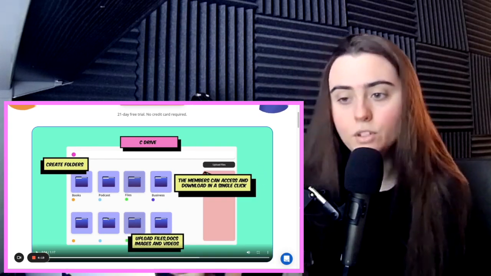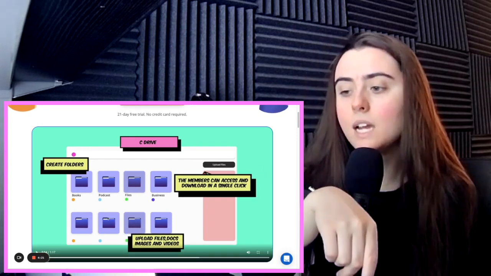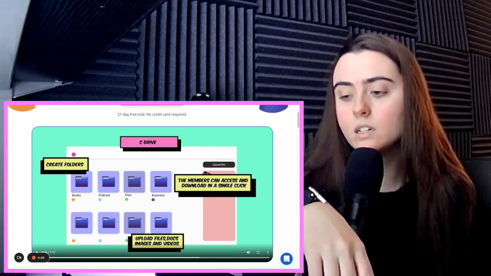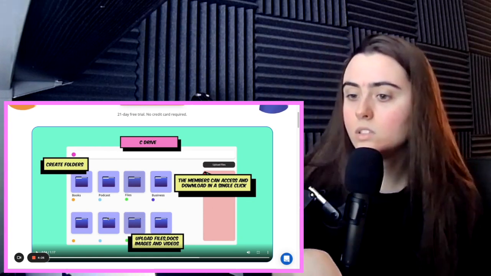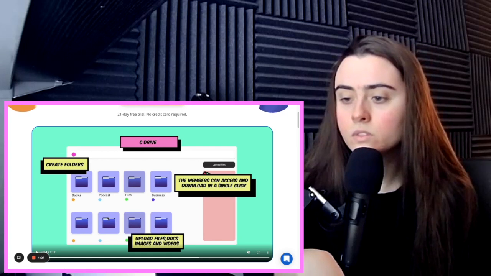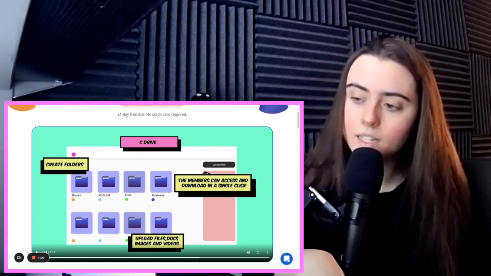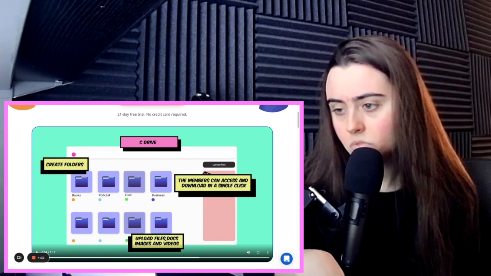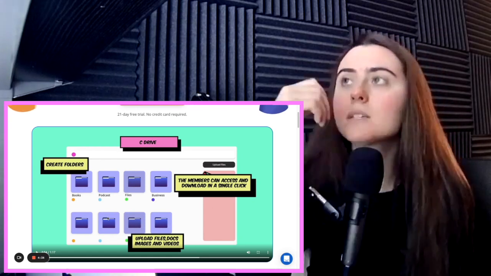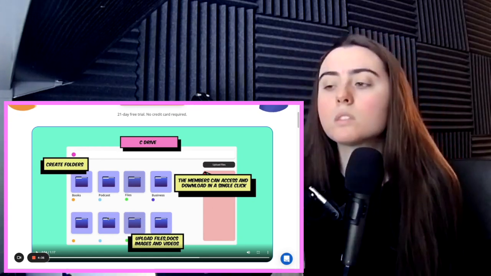Okay, C Drive, create folders. The members can access and download on a single click. Oh, okay. Interesting. C Drive. Is that like, I don't know, just any documents? I guess that would make sense even if you use this for,